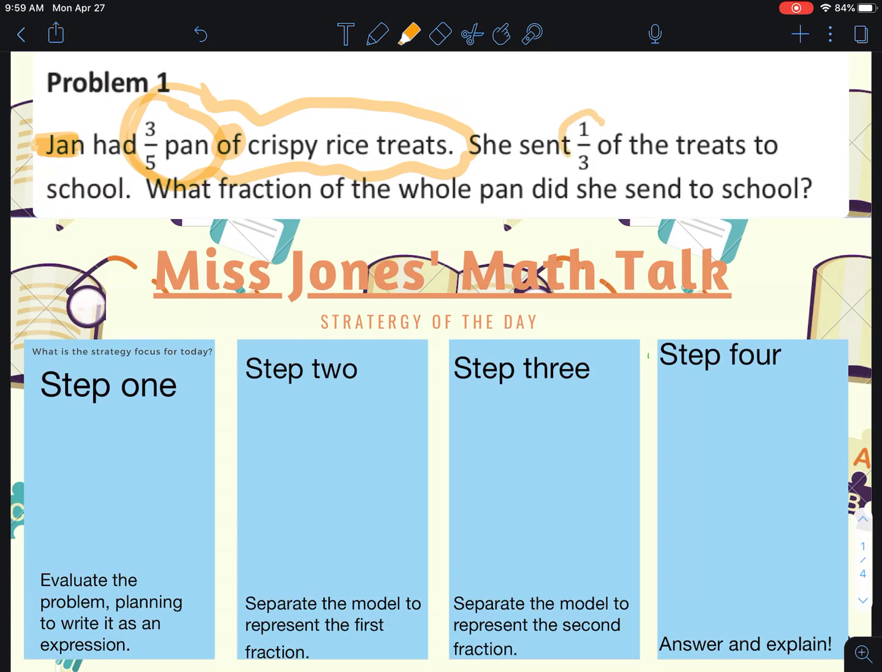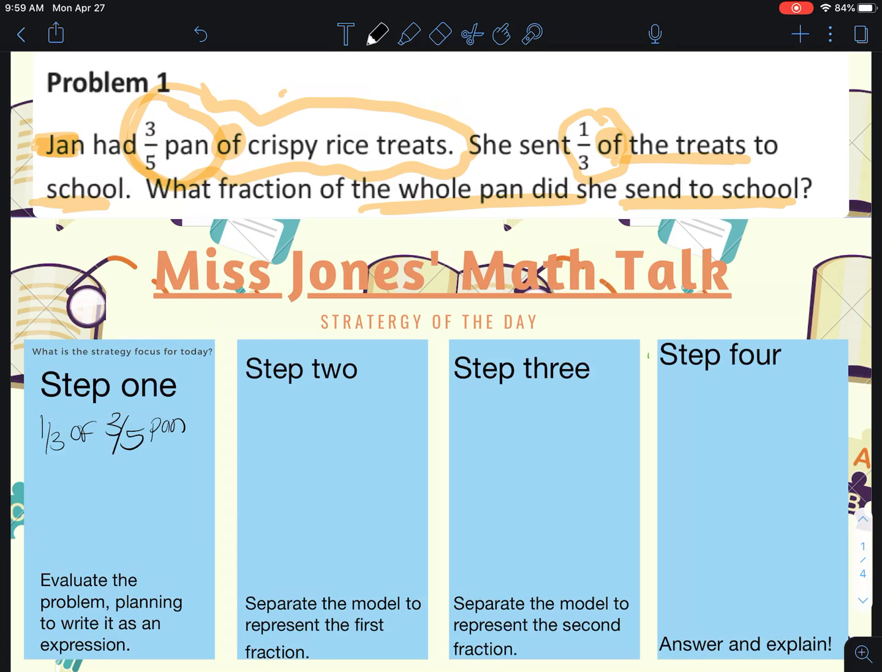Then she sent 1/3 of the whole of this 3/4 of the treats to school. What fraction of the whole pan did she send to school? Well, I know that 3/5 of a whole is 3/5. So she has 3/5 of Rice Krispie treats at home. Then she sent 1/3 of those 3/5 of treats that she had to school. So I know that the problem that I'm dealing with here is 1/3 of 3/5 a pan of Rice Krispie